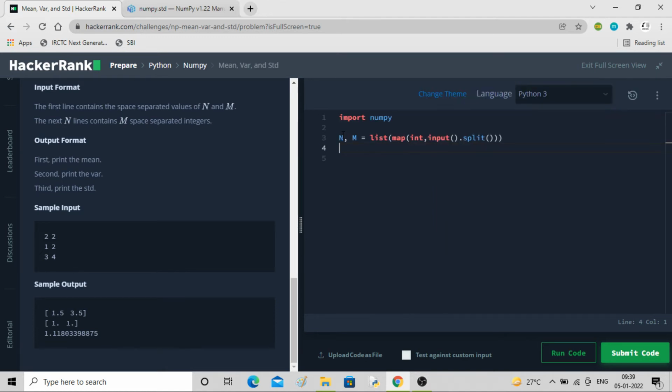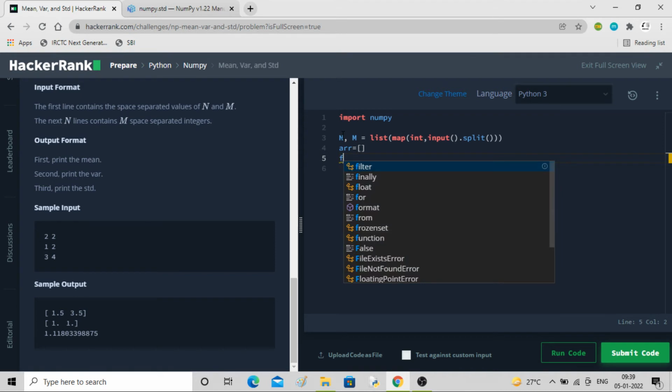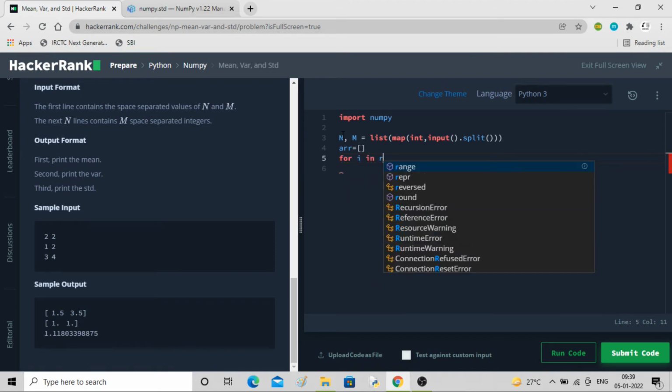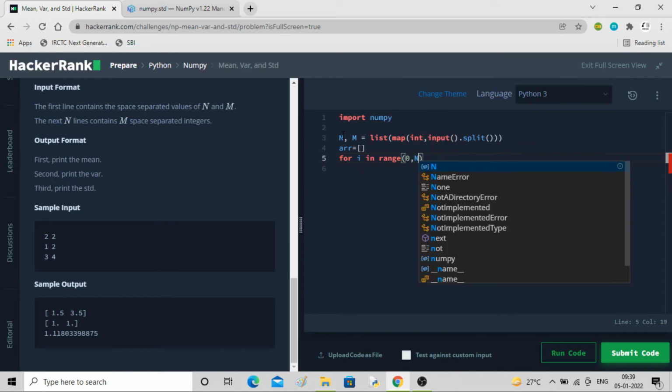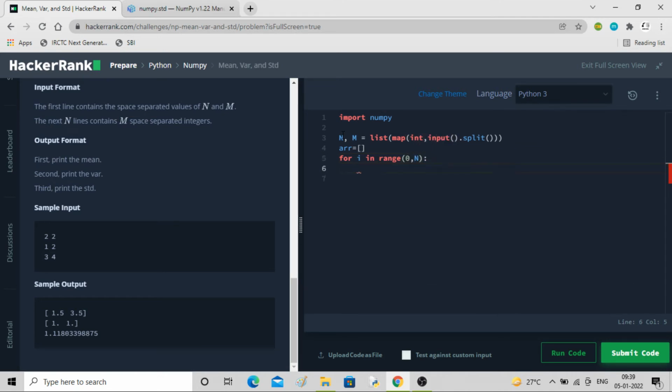Okay, this is how it will be taken. Then the array, same stuff: for i in range 0 to n, array.append, and inside this we have this whole thing.